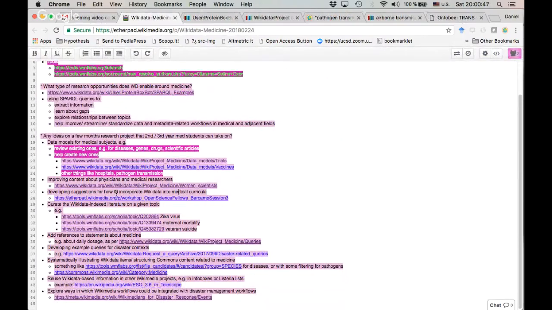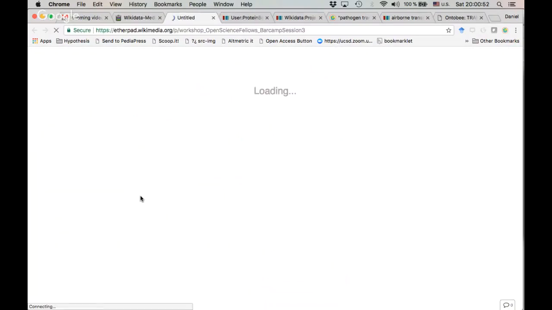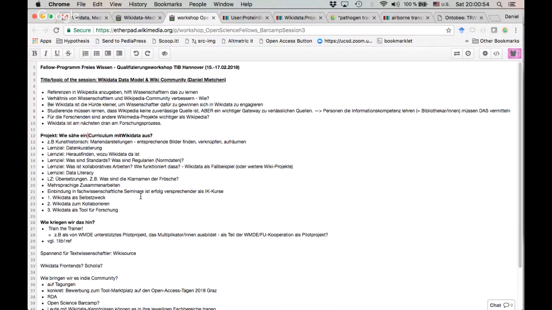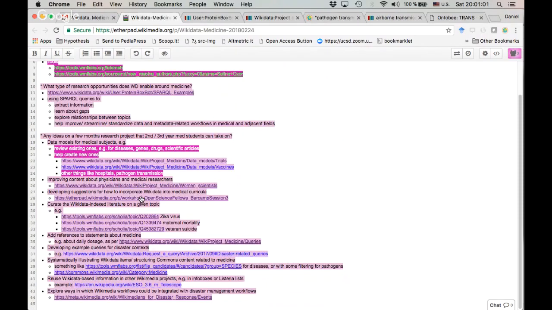And what else? We could, for instance, have one research topic on how to incorporate Wikidata into medical curricula. As it happens, last week I was attending a barcamp session. The notes here are in German, but we can work on getting that out into some more useful language. And the question then is, which aspects of the medical curriculum would actually benefit from some integration with Wikidata? Some of these discussions have been had around incorporating a Wikipedia component into medical curricula, but for Wikidata, this is just starting. So having someone to look at this in more detail would be very useful, and I would be happy